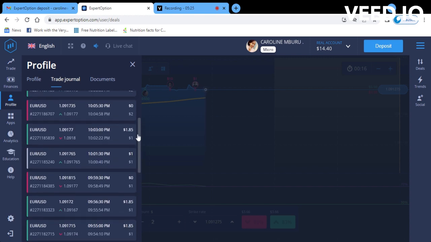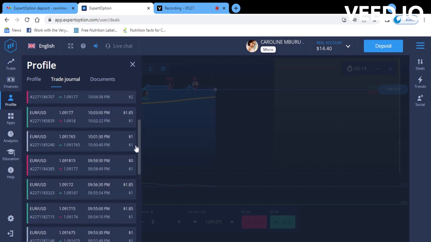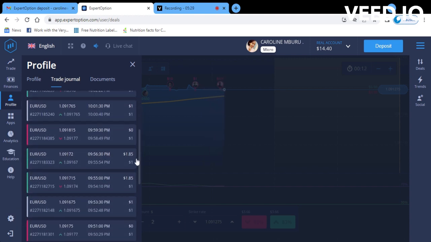No, you can see I was trading. At some point, I was trading a dollar and seeing how much I was making. So when you trade a dollar, they're going to tell you how much you're going to make. So if you trade a dollar and your prediction is successful, you can see they give you 1.85. So you can see the instances here that I was trading $2 and I was making